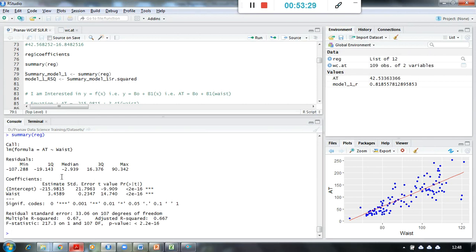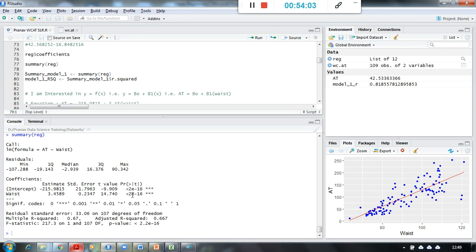Now when we plot the summary, what are the different parameters we have to check to understand whether my model is fair enough or not? Number one, I will immediately look at my beta naught and beta 1 values to understand where my y-intercept is going. Number two, my probability value. This is what we have learned in hypothesis. So my p-value has to be